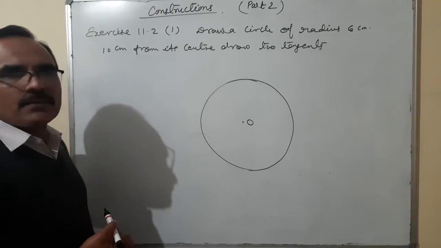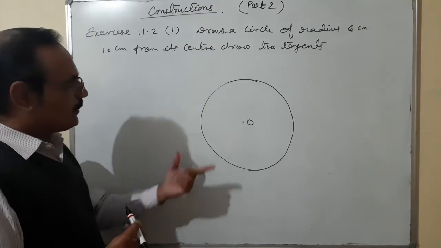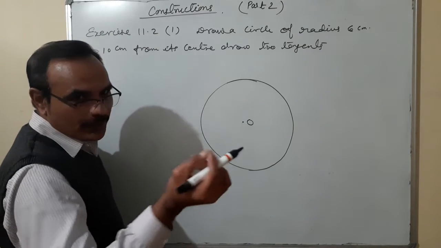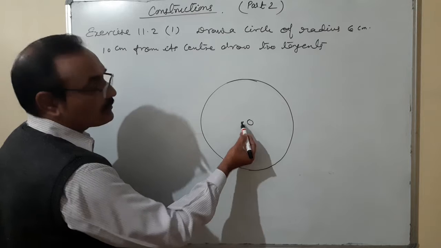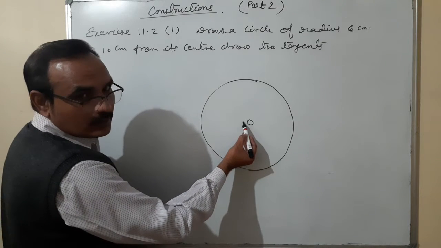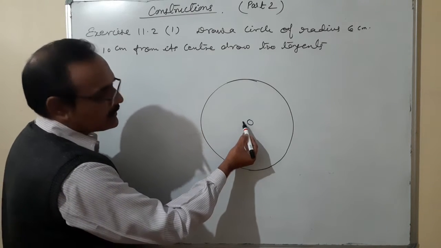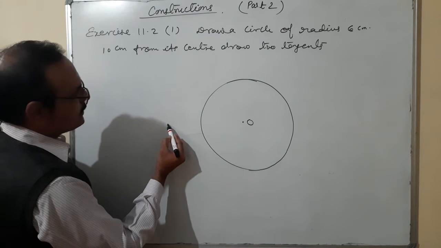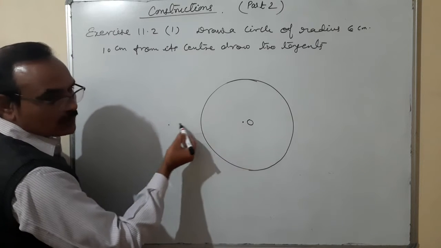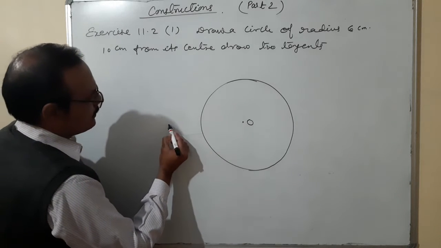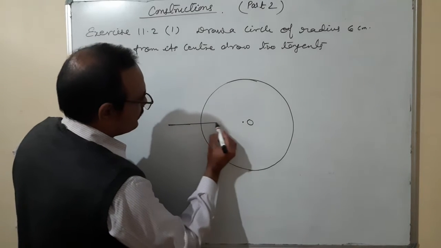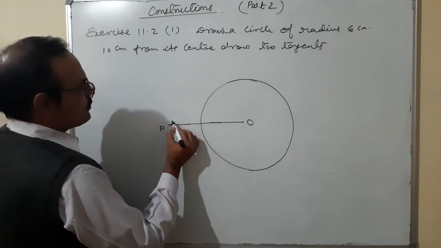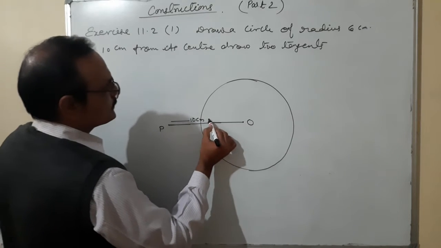How to draw a line segment of 10 centimeter from point O? Simply place the ruler, placing the needle point of the pair of compass at the 0 point, so 0 should be indicated here at the center and 10 centimeter. Placing the ruler here, you can place the ruler from 0 to 10. Draw a line. Suppose the point is P, and the distance from O to P is equal to 10 centimeter.